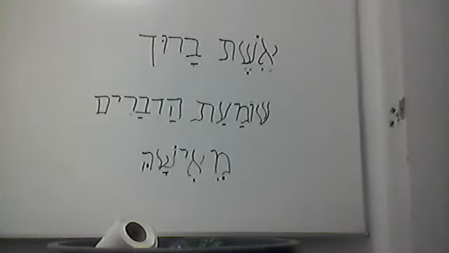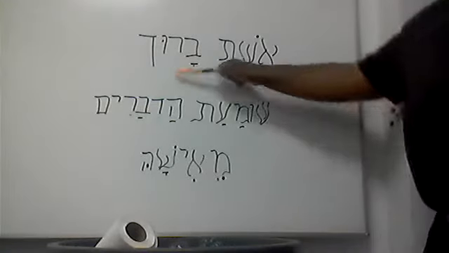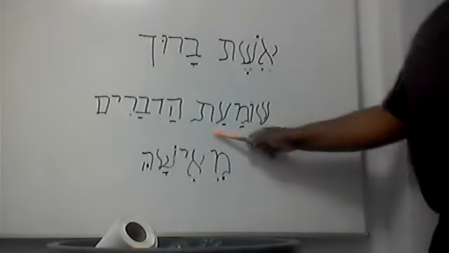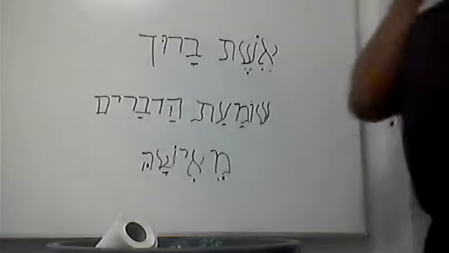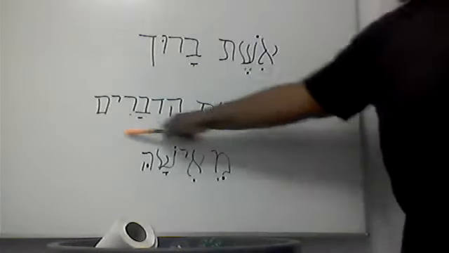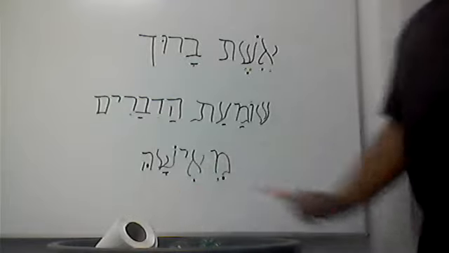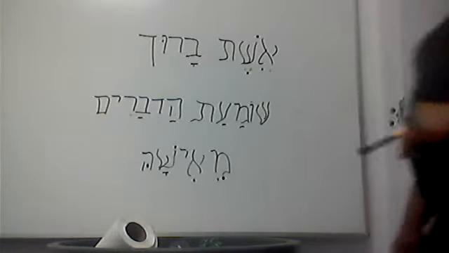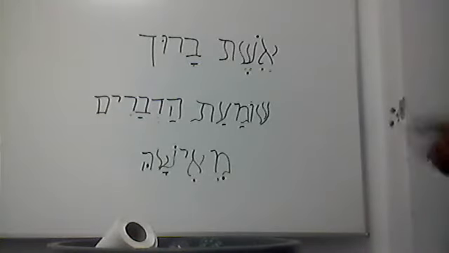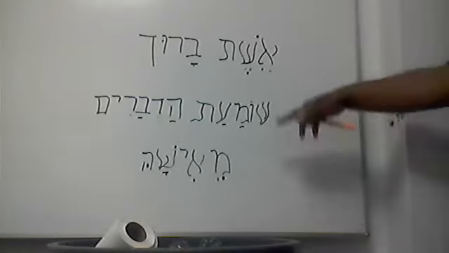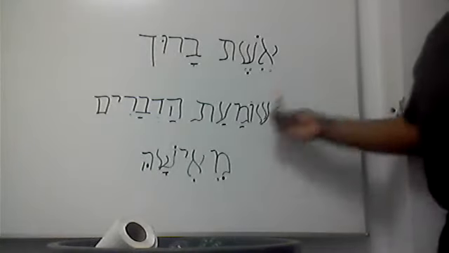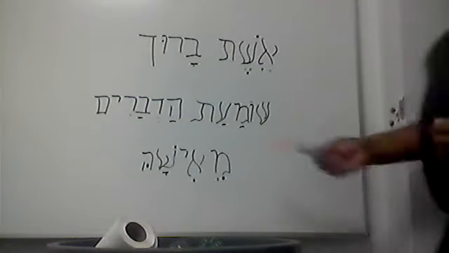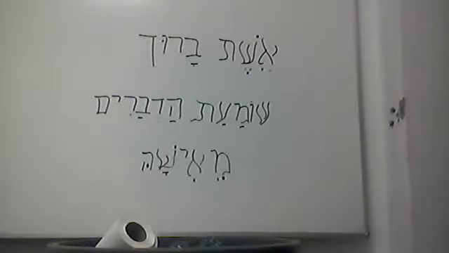So let's translate. The wife of Baruch, or said more so in English, Baruch's wife, is listening to the words from her husband. Now I want to emphasize, in some cases in Hebrew, the word "to" is understood. To hear, to obey, to understand. Understands the words, hears the words. So in several cases, not all the time, the word "to" is understood, but that's rare. But let's move on, brothers and sisters.